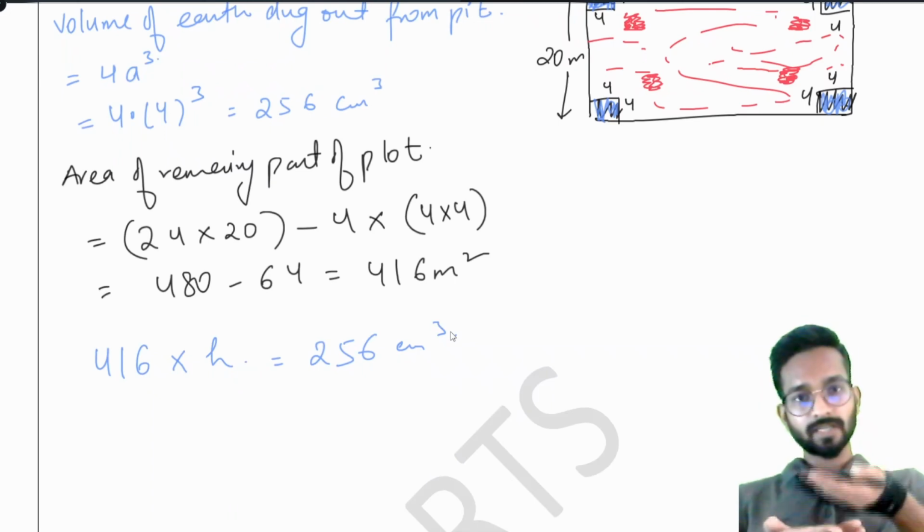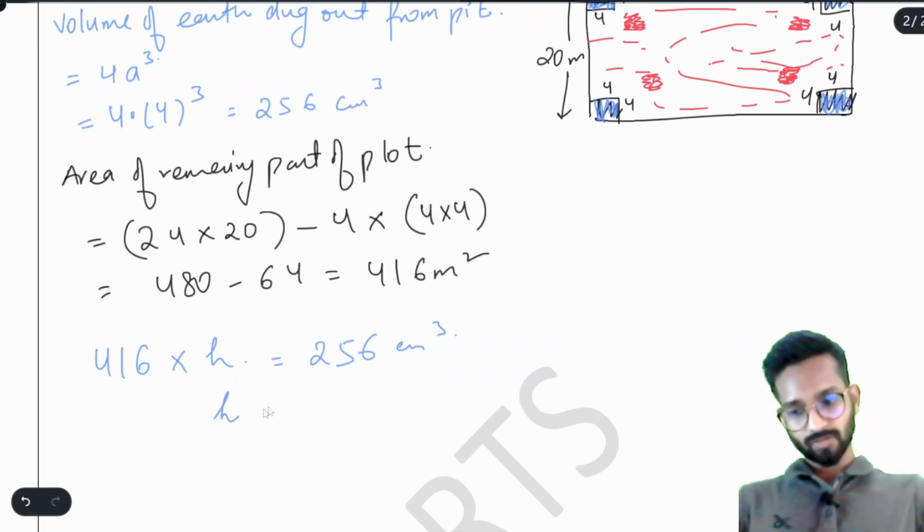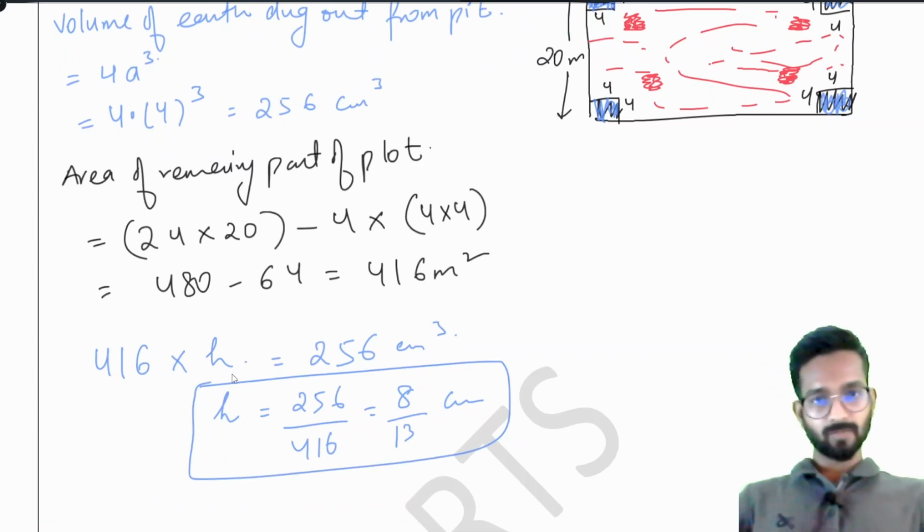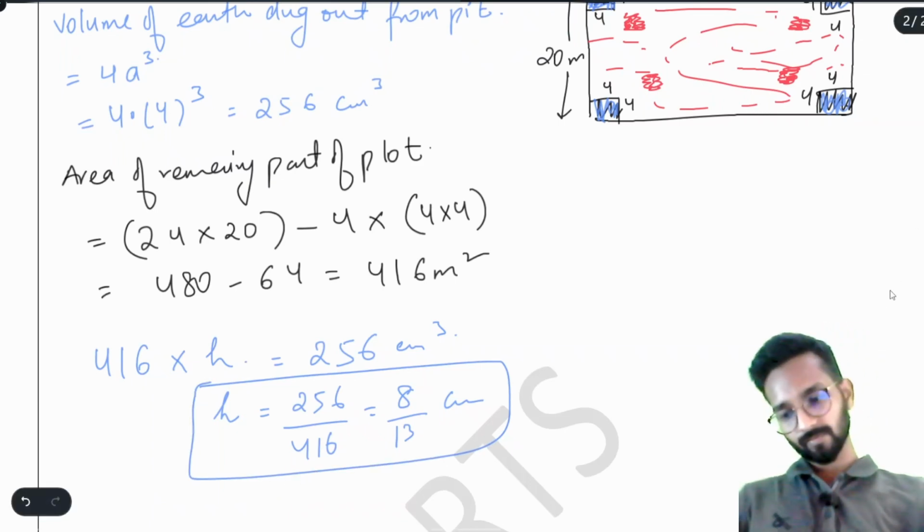That height is that soil. So now h is equal to 256 by 416, it means 8 by 13 centimeter. Height increased of the land is 8 by 13 centimeter. Simple enough. Now moving further,